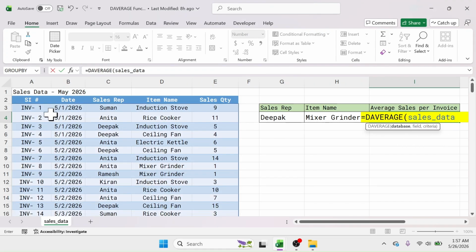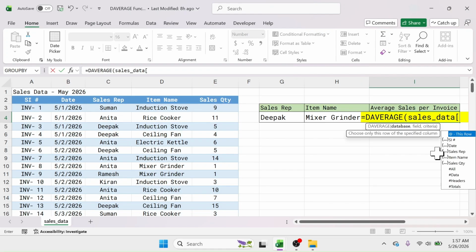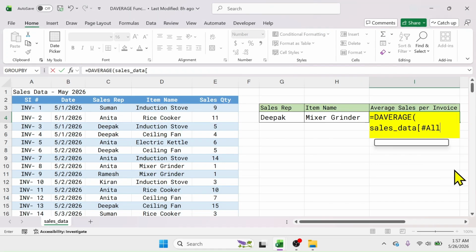If the data is not in a table, then you can select this data manually. Here we have to select the whole table including the column headers. So open a square bracket, then double click on this All option, which will select the table including the column headers. Close the square bracket,